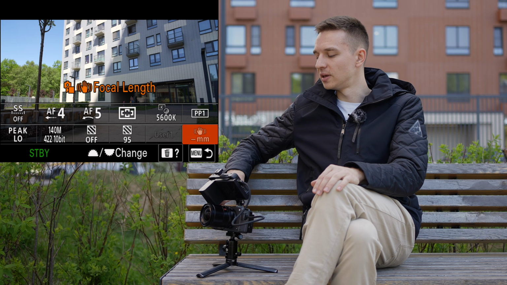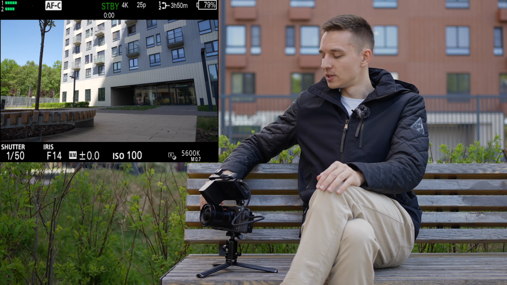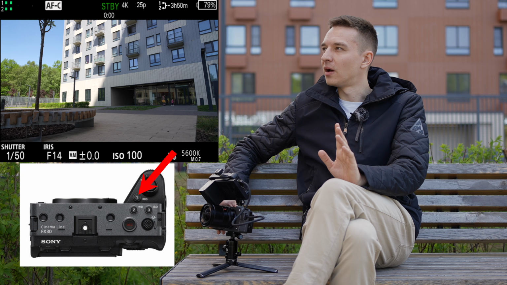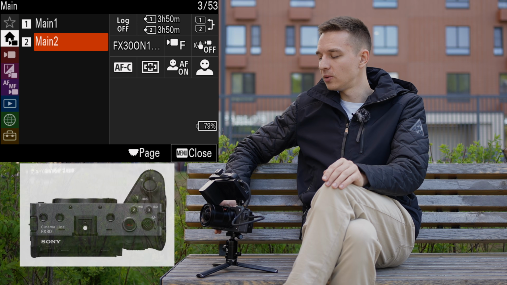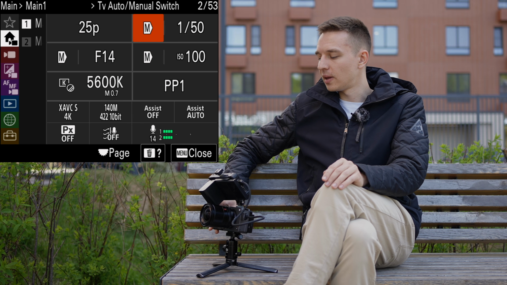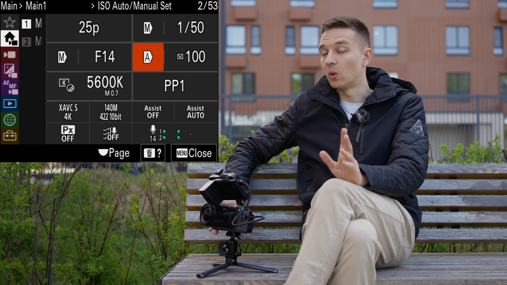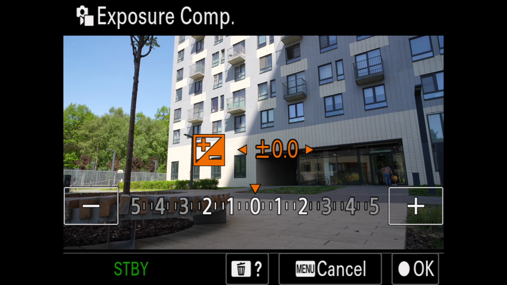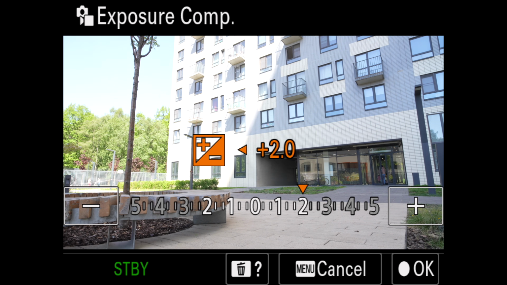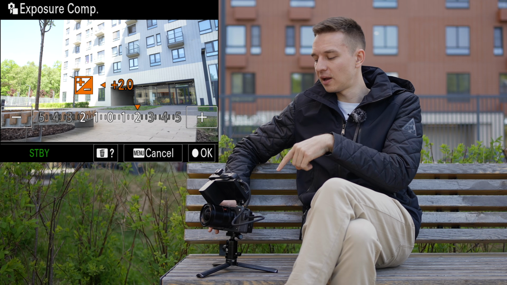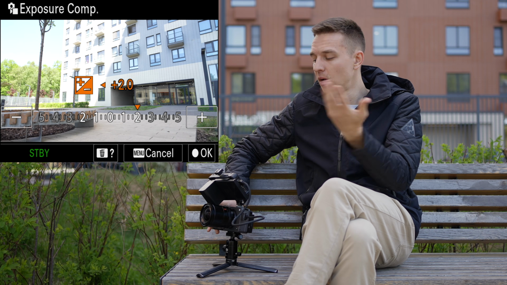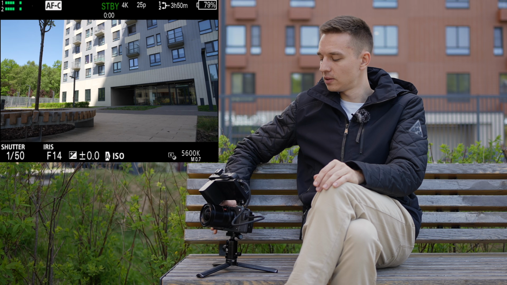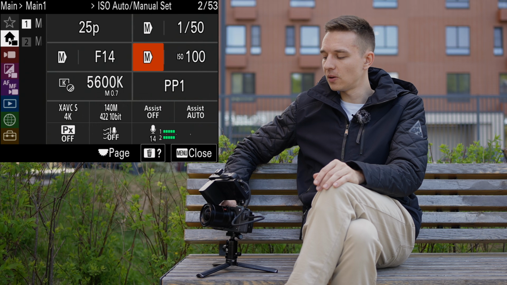Now let's get to the buttons and the customization of those. Custom button number 1 is set to auto ISO and exposure compensation. If we go to the menu and change the ISO to auto, we can now toggle this button on, and it will use the exposure compensation tool. If I need to set my exposure to a certain EV value, I can do it right here, and the camera will adjust auto ISO to this particular value, which is nice. And if I toggle it once again, go to manual in the menu, I'll just be using